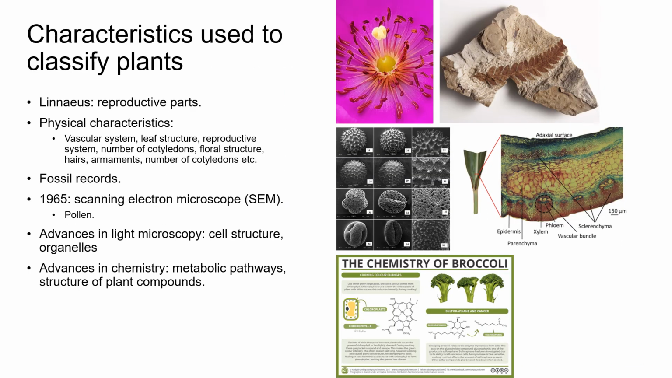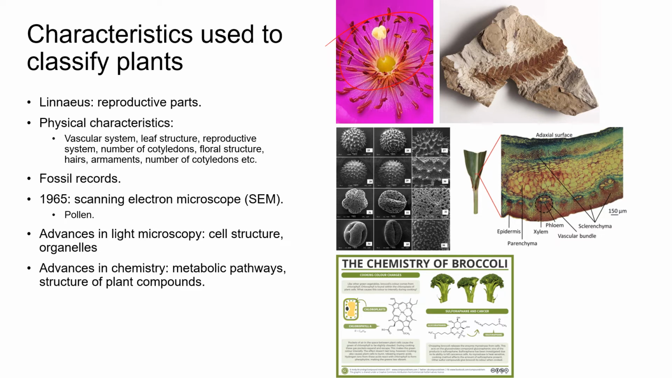Let's take a look at which characteristics plant systematists use to classify plants. Linnaeus's classification of plants into different genera was based only on the reproductive structures. He counted the number of stamens and pistils. Other botanists realized that his system was flawed and that, as John Ray had argued in the late 1600s, all plant